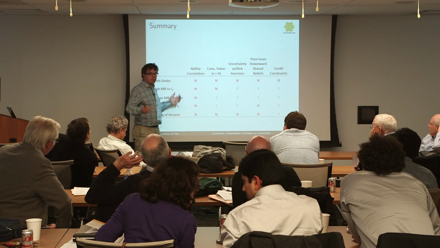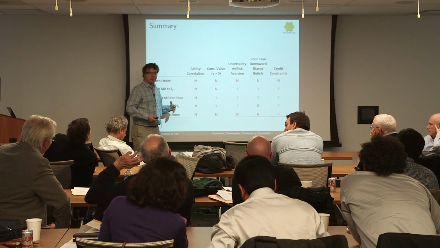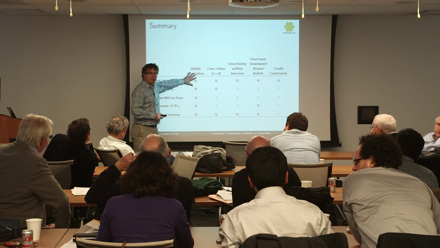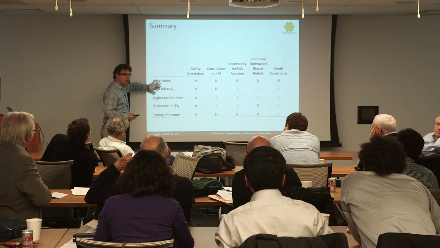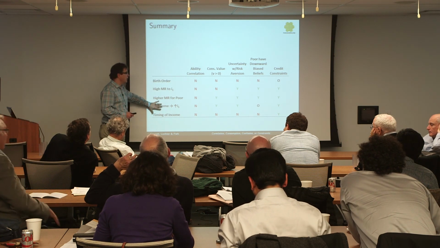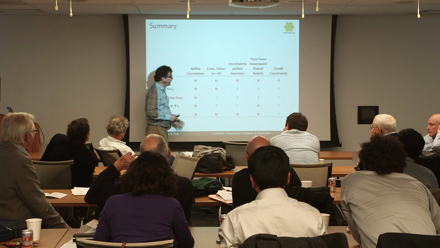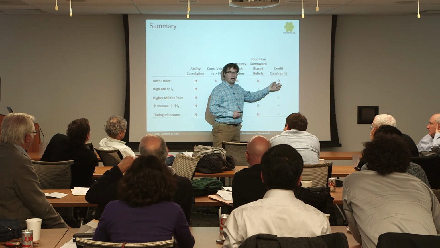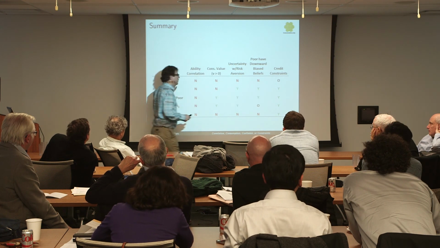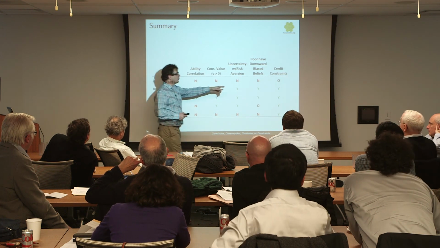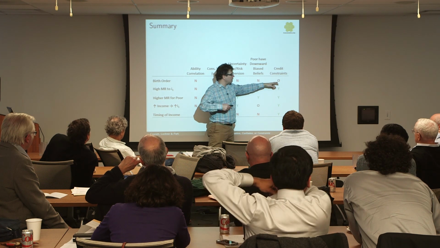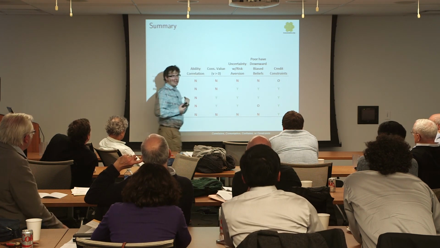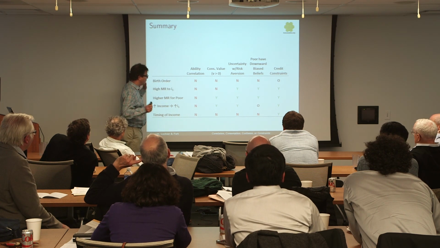If you just want to understand the raw correlation between parents' income and kids' outcomes, this is probably a big part of it. But for understanding a number of other features of the data, it's not very helpful. And that's my summary. So you can see under the credit constraints, I put a neutral result on the birth order because I think there are more tests. The model starts to tell you what things you might look for, but I haven't seen that looked for in the data. But let me end there.